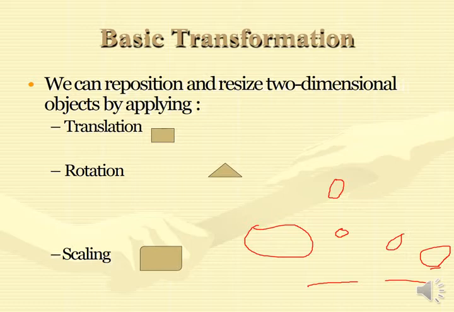Okay, so these three operations we are going to discuss today, and we are going to see how we can combine them in rigid transformation, and how you can explain the transformation using a mathematical equation. Is there a possibility to understand or generate any kind of animation using these three operations that we are going to cover today?